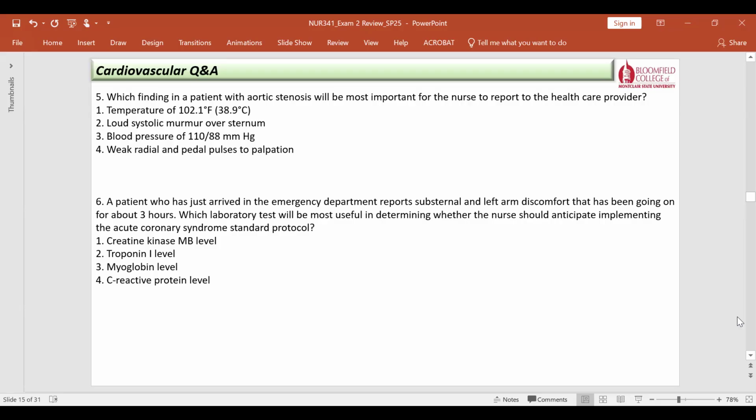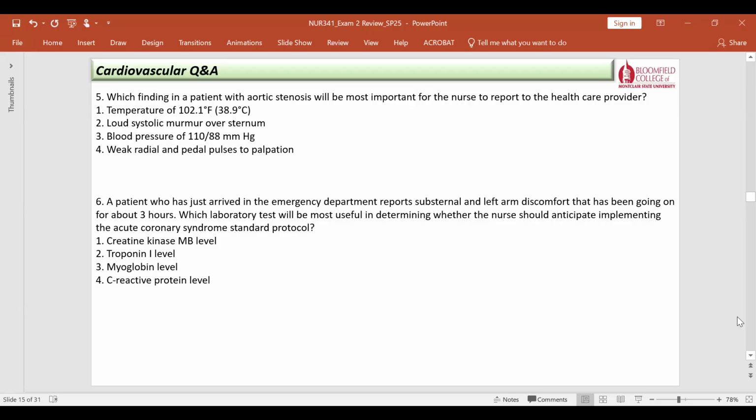So the systolic murmur, decreased pulse pressure, and weak pulse, all of these symptoms are expected when we cover the content in aortic stenosis. You will find that all of these symptoms and manifestations are expected in a patient with aortic stenosis. These are expected manifestations of the disease itself and would not indicate an immediate need for further evaluation or